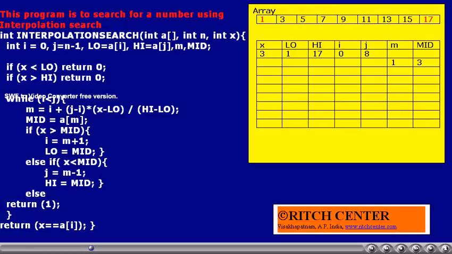If we estimate, m becomes 1. In the array at location 1, what is the value available? That is 3, so we consider it as the mid. Is x, the search value, the same as the mid? Yes. Which means that x is available in the array, and our search is successful.